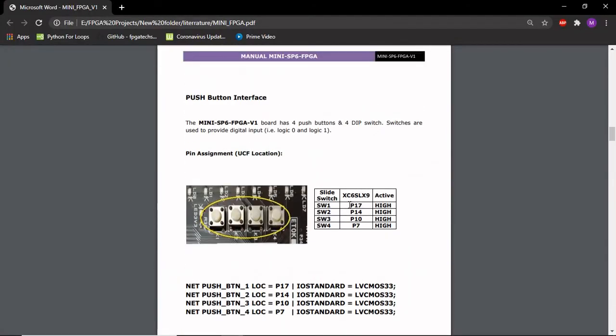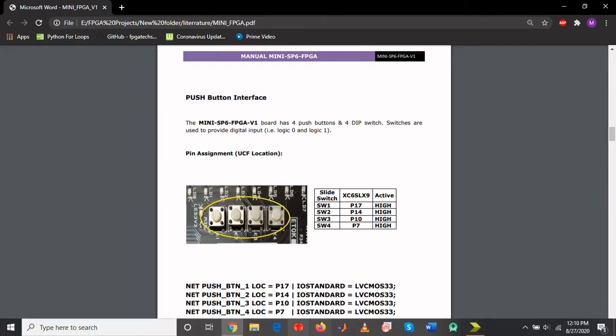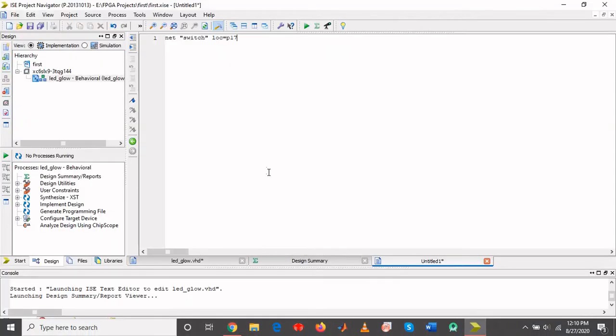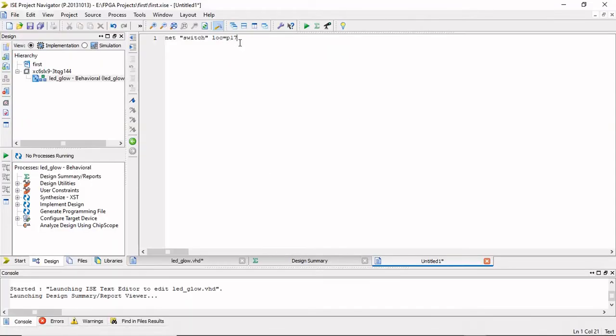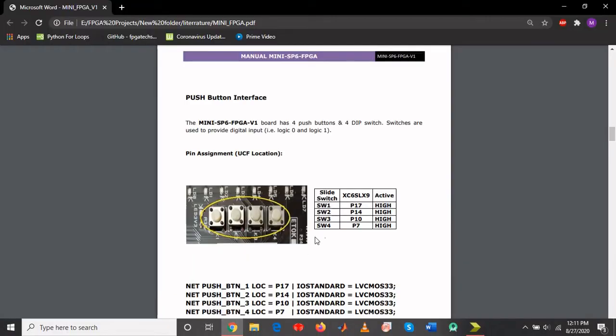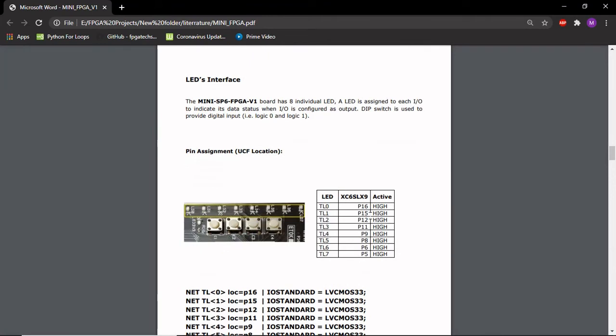This is the switch one. So I'm initializing the switch at P17, semicolon. The next port we have is the output port, LED, LOC equals P15, as I've already shown you before. This is the P15.